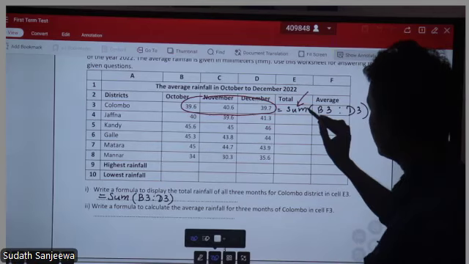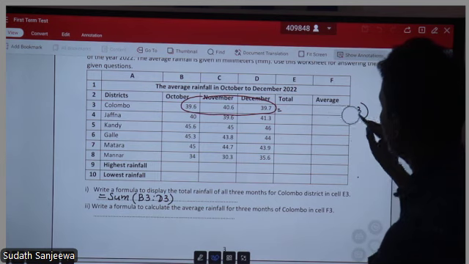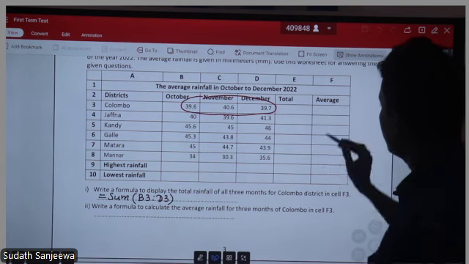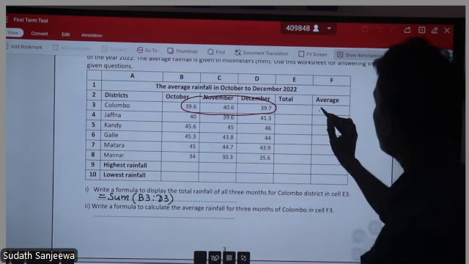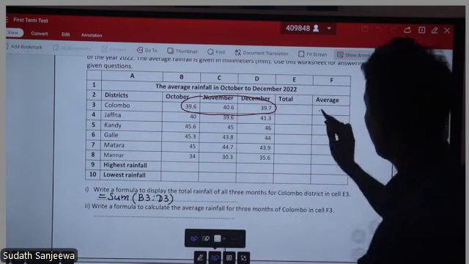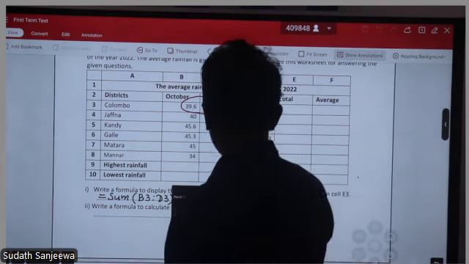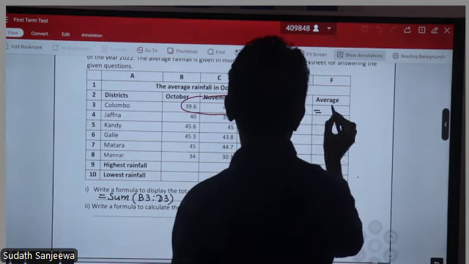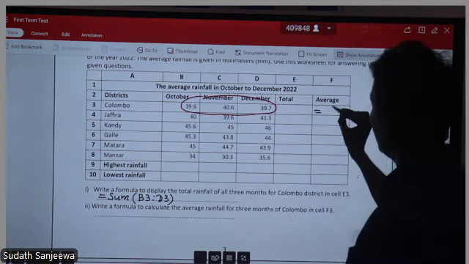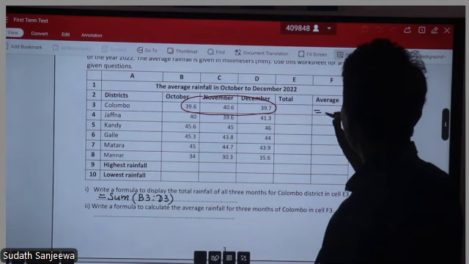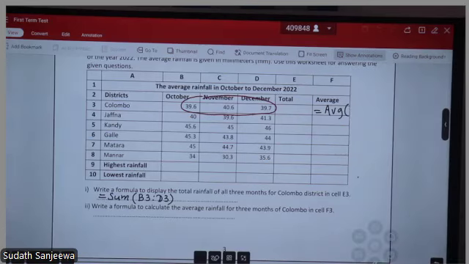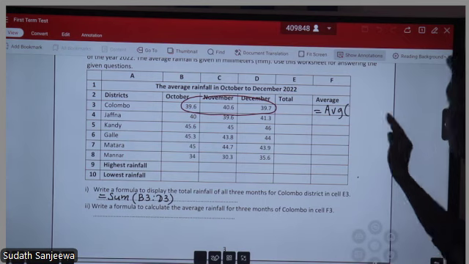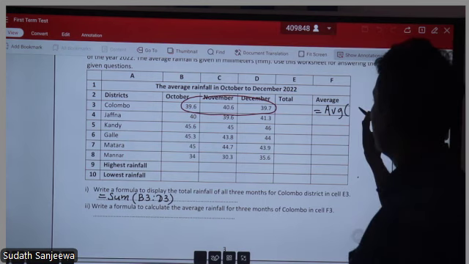How to get that one? For this cell, the same method, right? We can get the equal sign. To find the average, we use A, V, G, AVG. Else we can use AVERAGE also, right? AVG. Then